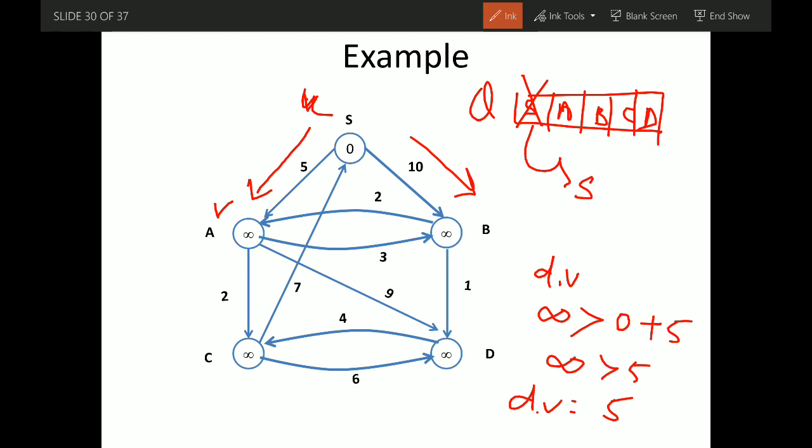So the shortest path estimate of node A will be 5, and the shortest path estimate of node B will be 10.